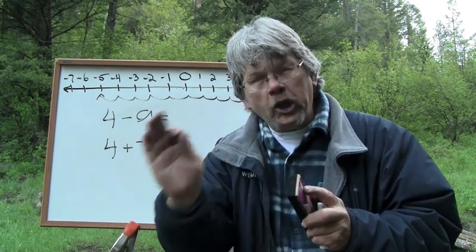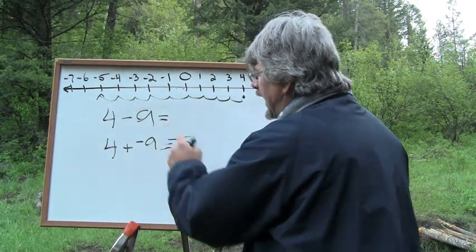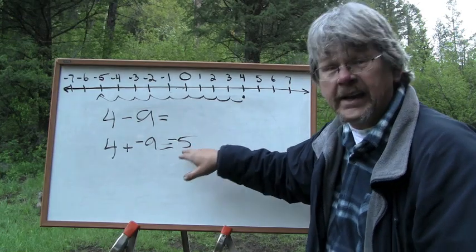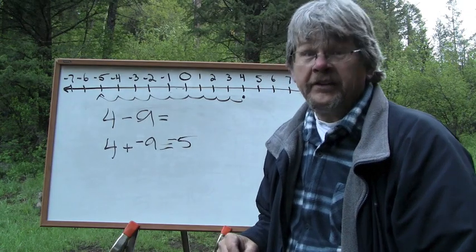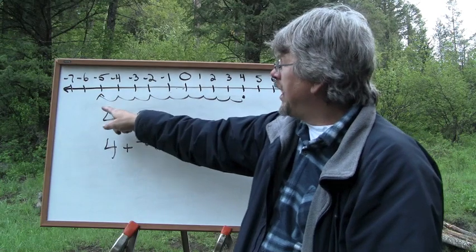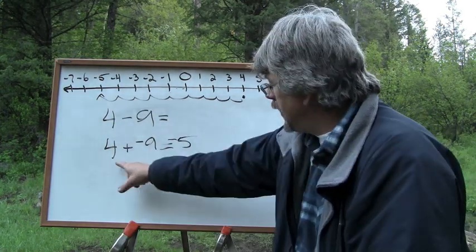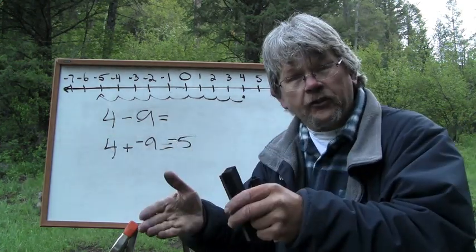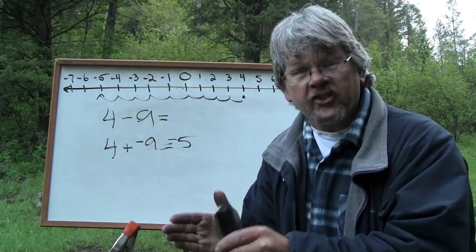You want to show the logical reason why you're proving 4 minus 9 is the same thing as 4 plus negative 9, and it equals a negative 5. If you were to draw a number line and say, see, this says I'm starting here at 4, I go over 9 units, and I end up at negative 5. Not only do I prove this mathematically through the calculating, I can demonstrate this visually with the perfectly consistent logic